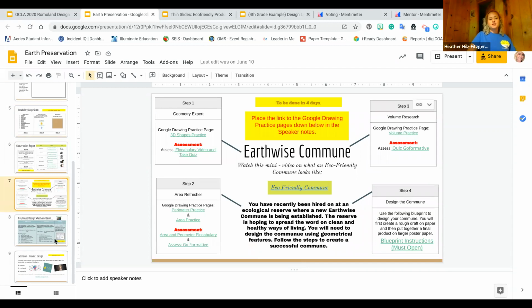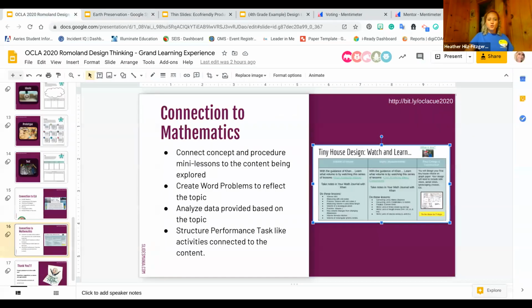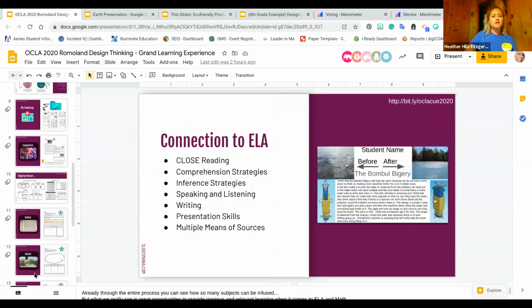But again, using the project-based learning or performance task element to connect to your design thinking unit is definitely going to be a game changer and just much more relevant and engaging for your students. So those are those. And I think I'm done a little early. So I'm going to go ahead and, like I said, I wanted to go back and share in the shared folder